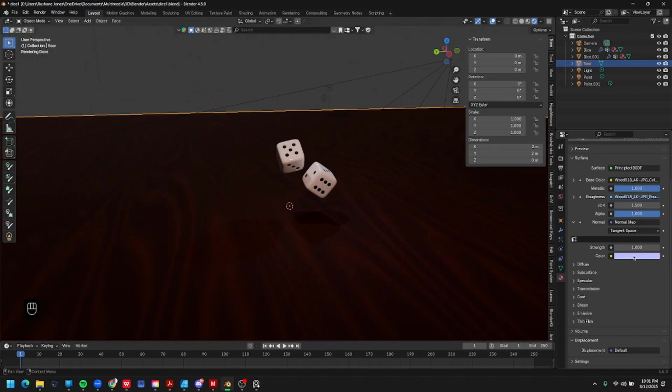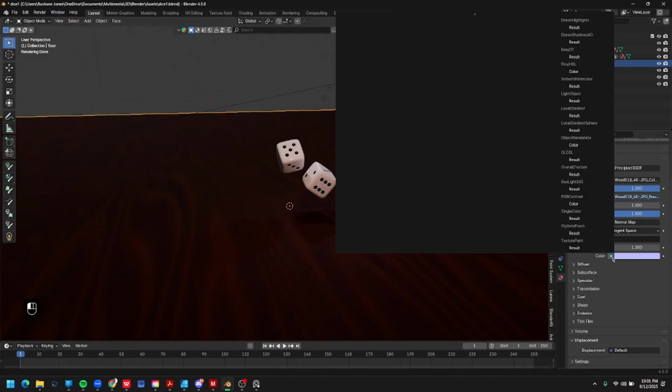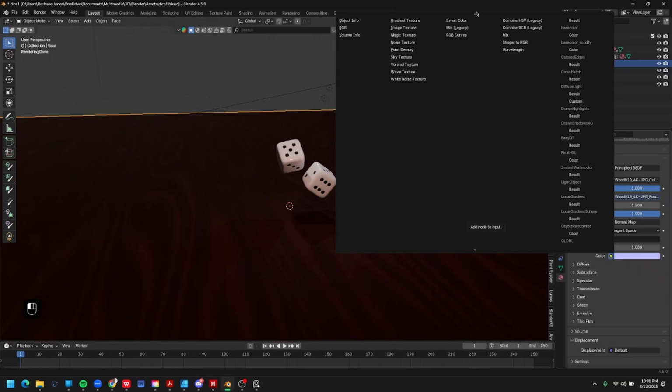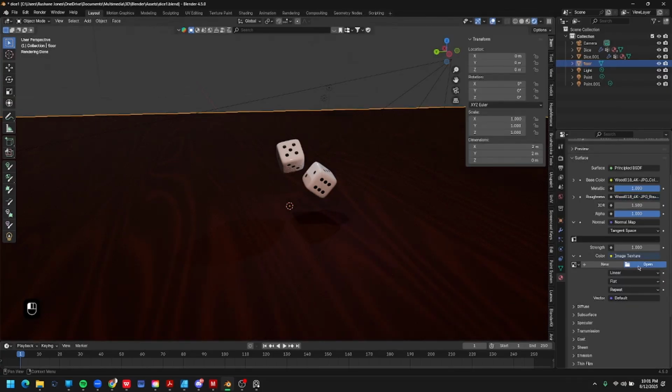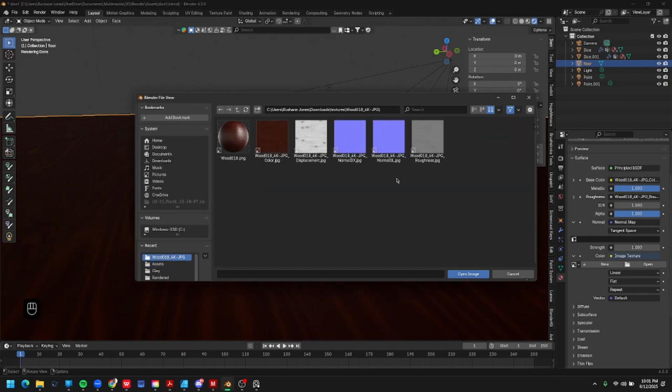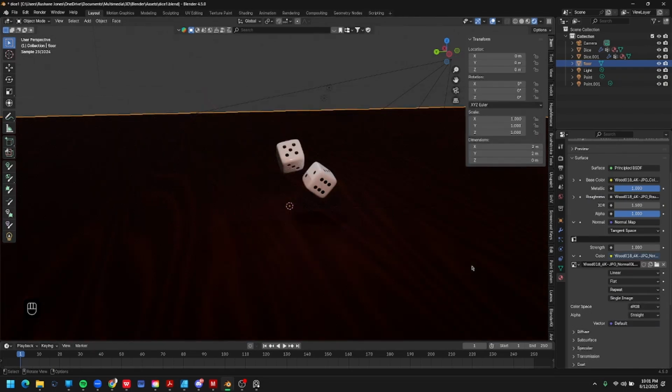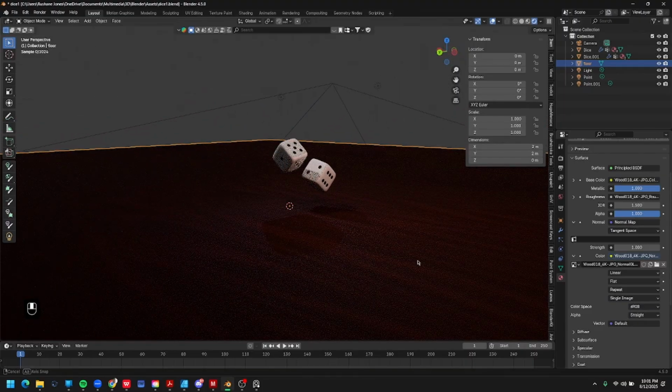Now for the color of the normal map, it's looking for that yellow dot, which tells you where you're looking for a colored image. And so we're gonna navigate up here and choose image texture, and that image texture is going to be, you guessed it, I'm gonna use the OpenGL one and choose that. And what we're seeing now is